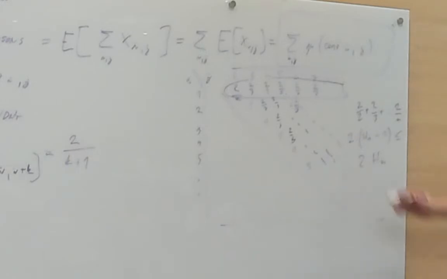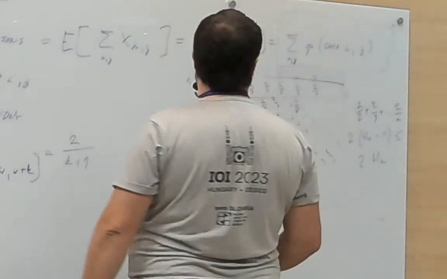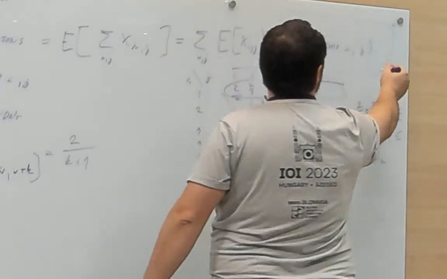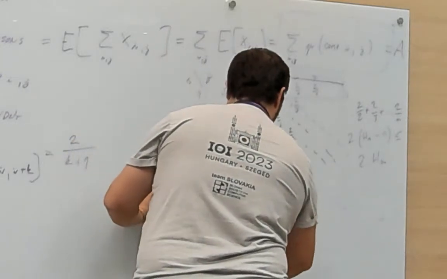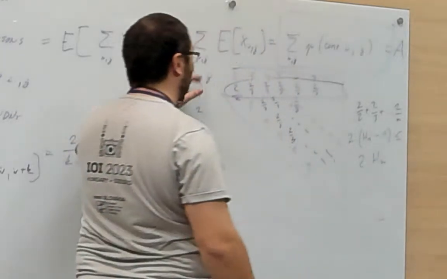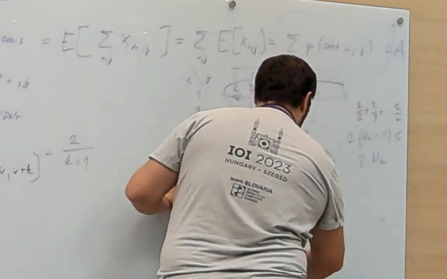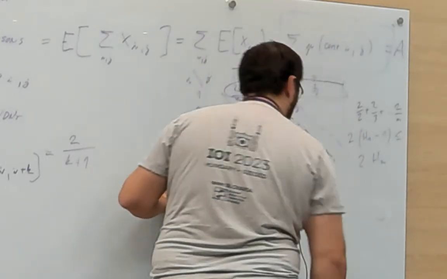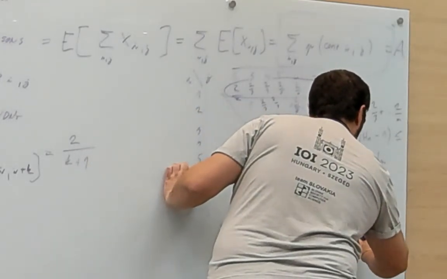So for an upper bound, we can say that the sum of the entire table, this entire value, let's call it capital A, is less than or equal to n times the sum of the biggest row, and the sum of the biggest row is 2 times Hn, and therefore A is proportional to n times